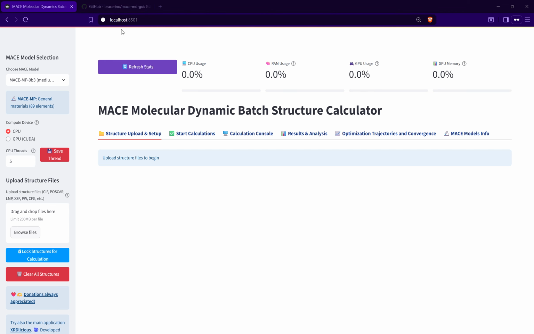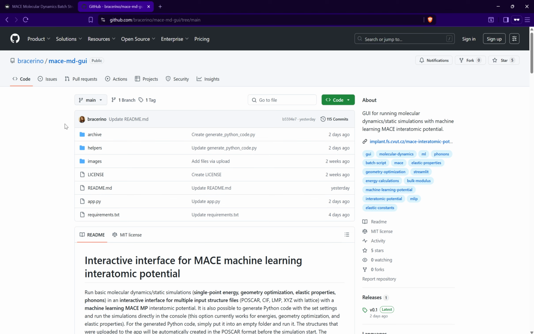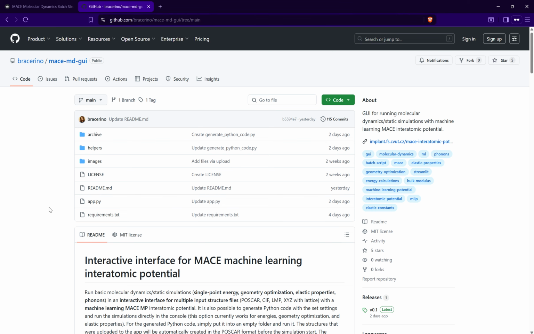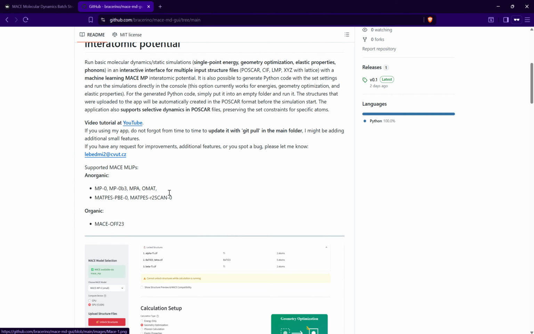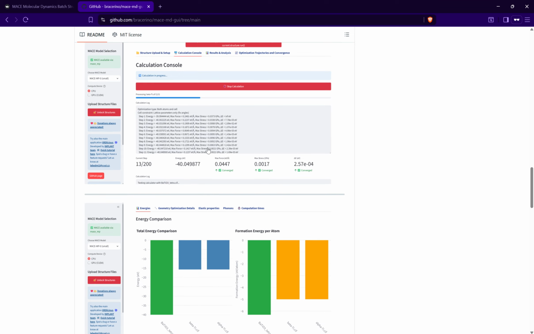So first you have to download it and compile it. There's another video that I did, which you can find in the description of this tutorial. And basically you have to go to my GitHub link and to the application, and then follow the tutorial here explaining how to compile it. And also in this other video you can see how to use my application to run directly calculations within this